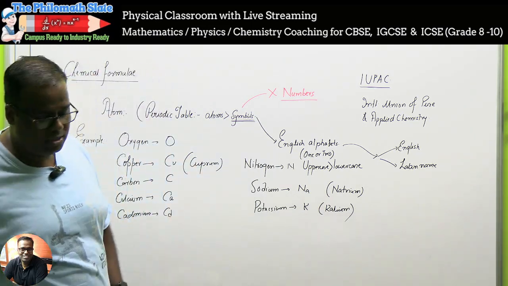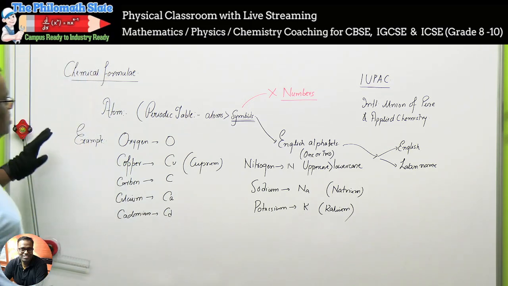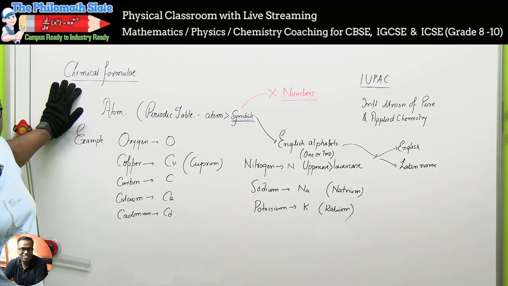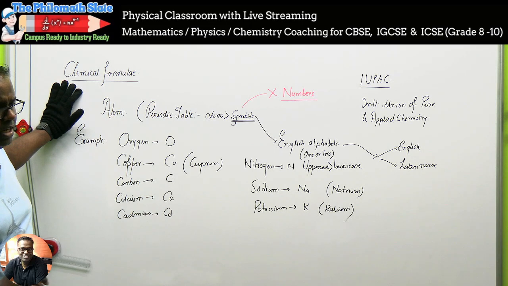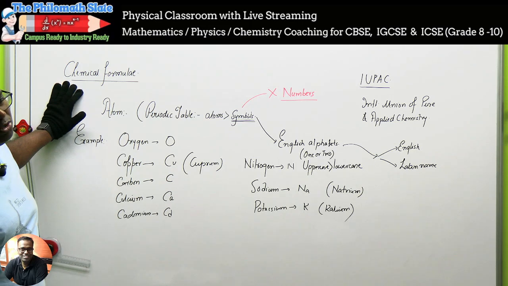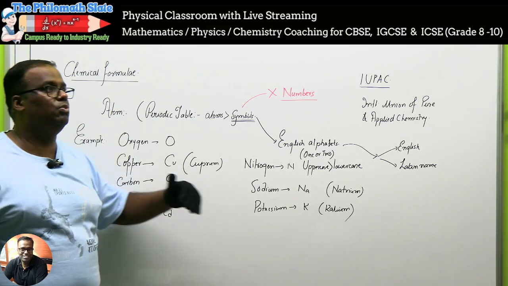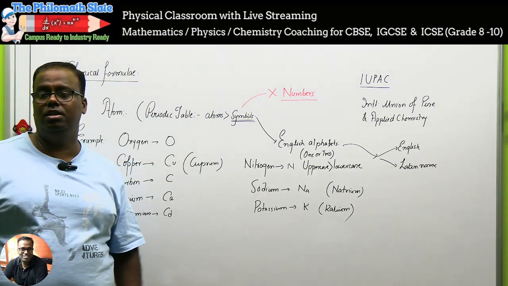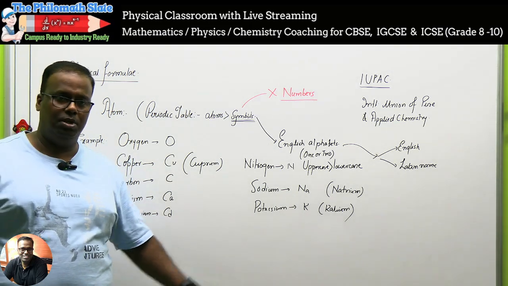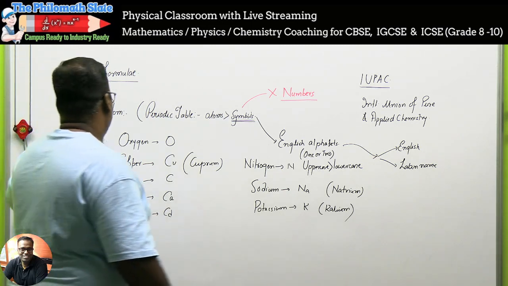Come, let's start representing. Are there any questions on representing atoms? Anyone has any doubt? Okay, no doubt. Right, fine. Atoms are always denoted by an English alphabet capital letter followed by a small letter, sometimes only a capital letter. If there are two letters, the next one should be small, and they are the sequence of letters as appearing in the English or the Latin name. Pakka? Chale aage?